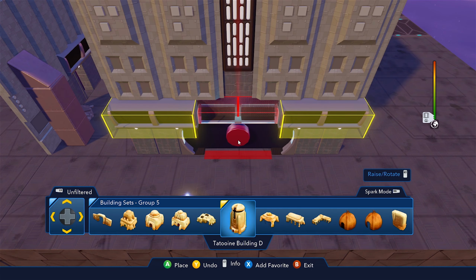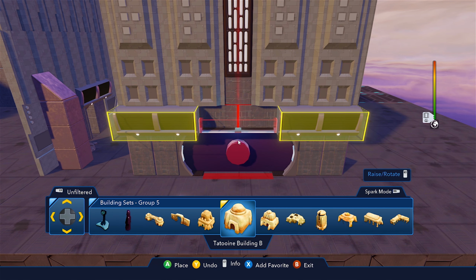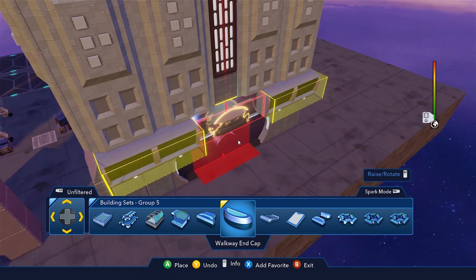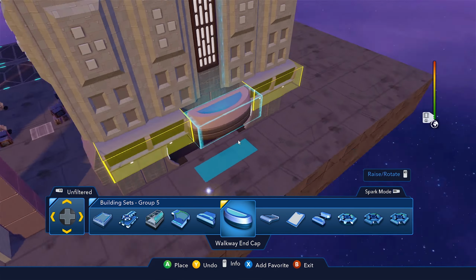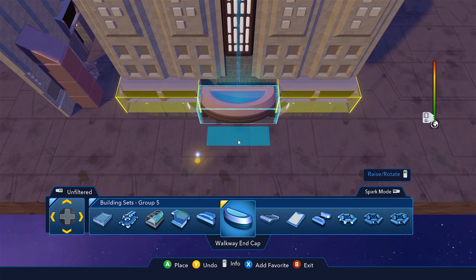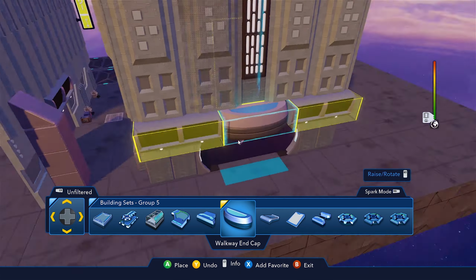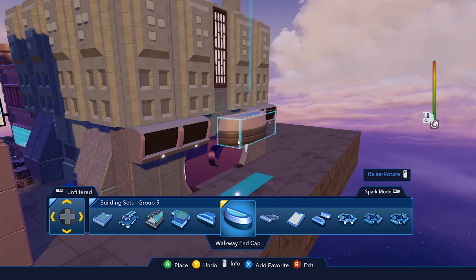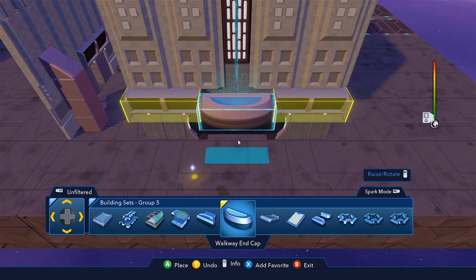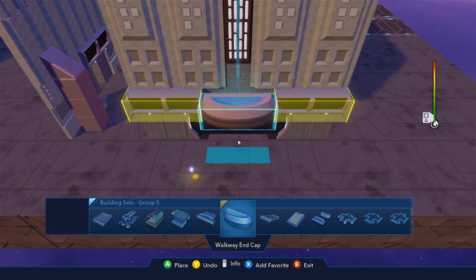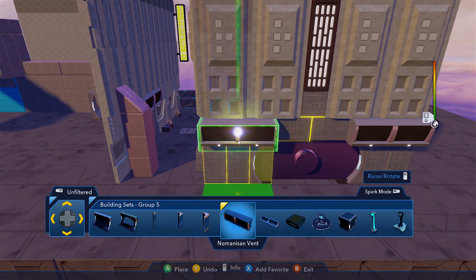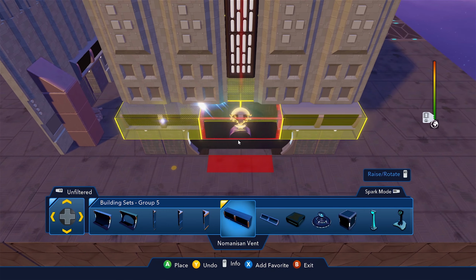If that's in the middle, then I will get this walkway end cap. Oh, maybe not. Unless I want it to stick out. I will not, but I will